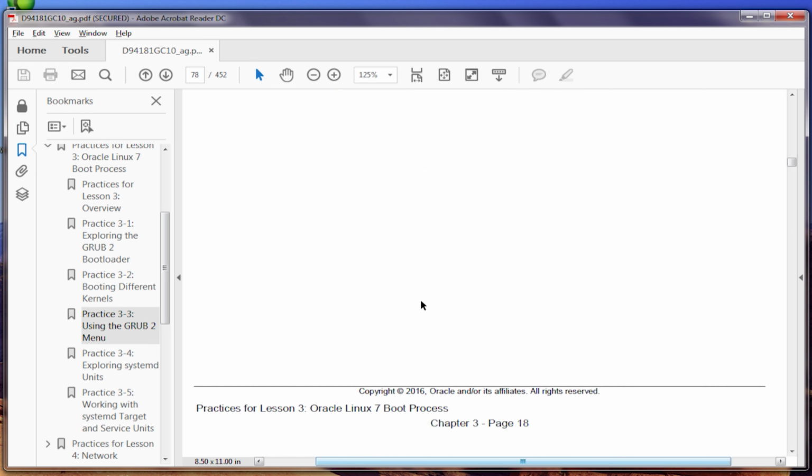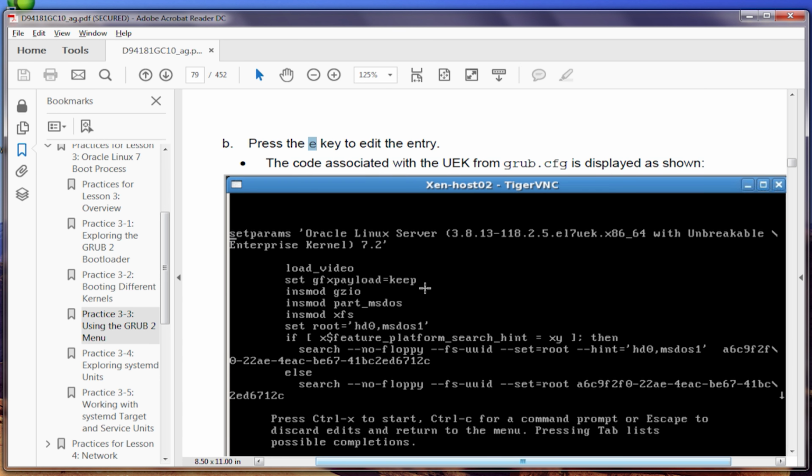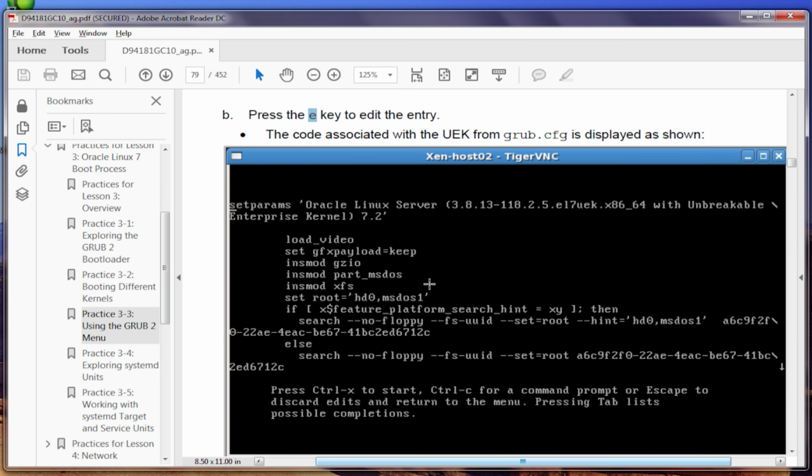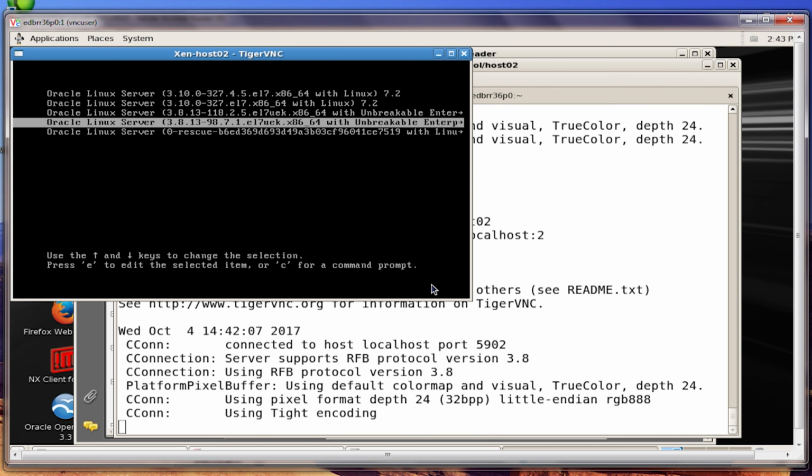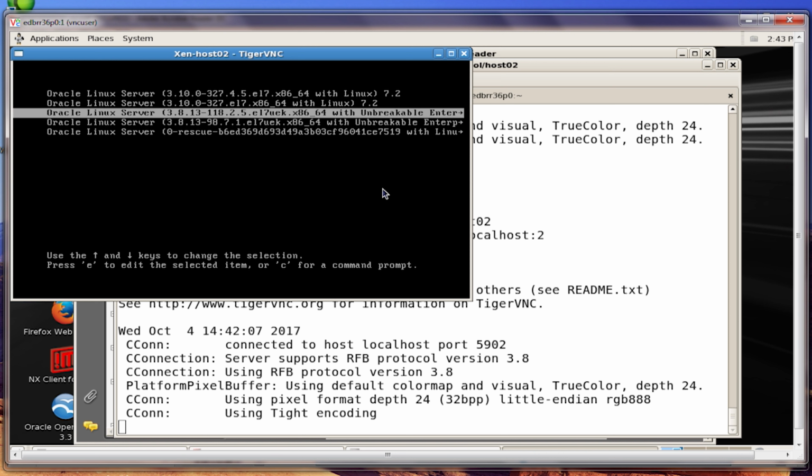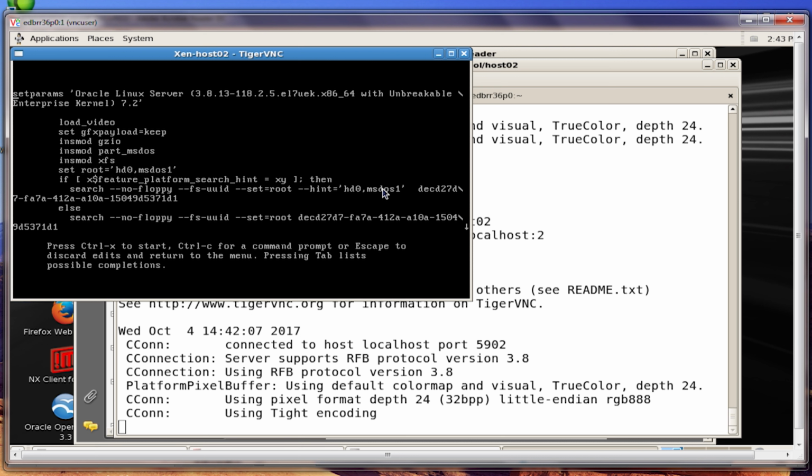Okay. And so that's the kernel that I want. And so I'm going to press the letter E to edit,